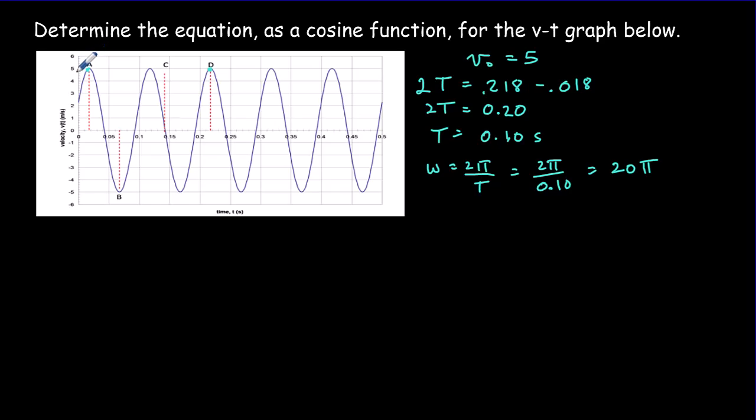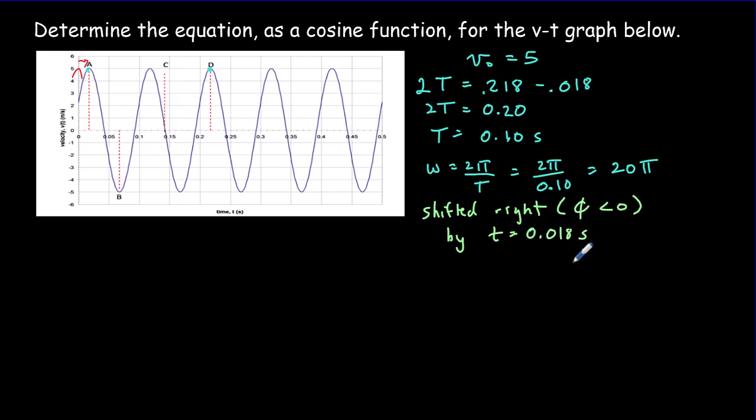An unshifted cosine function would have its peak at t equal to 0. So we're getting shifted to the right. And that means our phi angle would be negative for a shift to the right by 0.018 seconds. So we're shifted right, which means our phi would be negative, by t equals